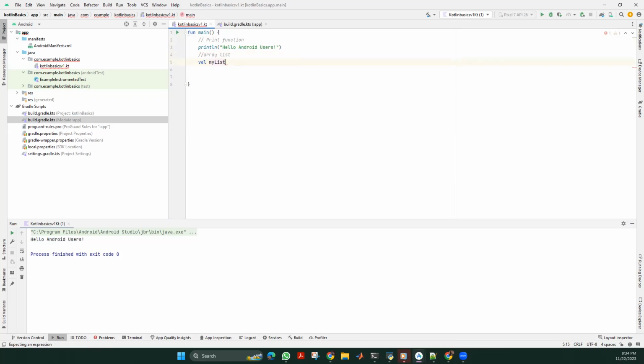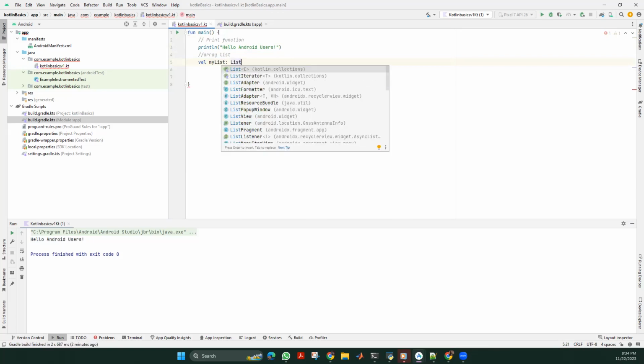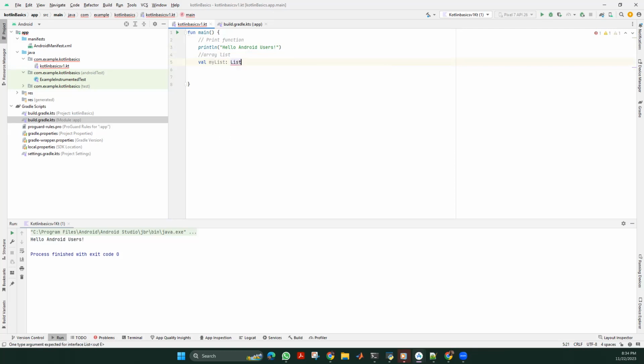And then the variable type I can define as a list of integers. So I can give the type of the variable as list of integers, and I can give that data type